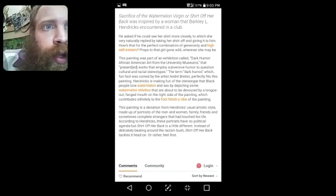This painting is a deviation of Hendricks' usual artistic style, made up of portraits of men and women, family, friends, and sometimes complete strangers that have touched his life. According to Hendricks, these portraits have no political agenda. Instead of delicately beating around the racism bush,